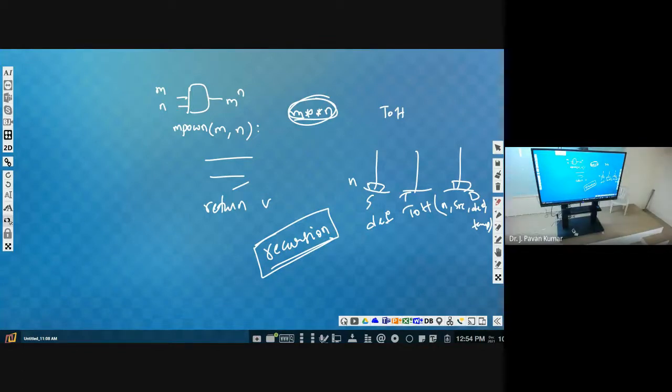But how are we solving? By changing the problem size. Instead of counting the entire thing, we are counting from here only. To solve that problem, instead of counting from here, we will be counting from there. That is again a sub problem. Like this, one problem we are solving in terms of the same kind of sub problem.